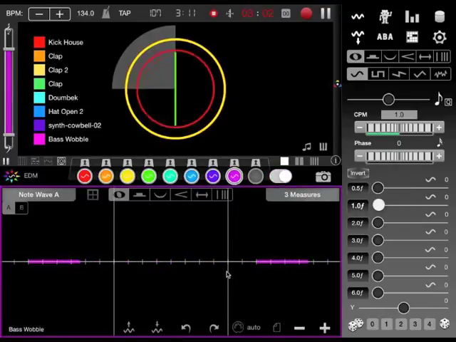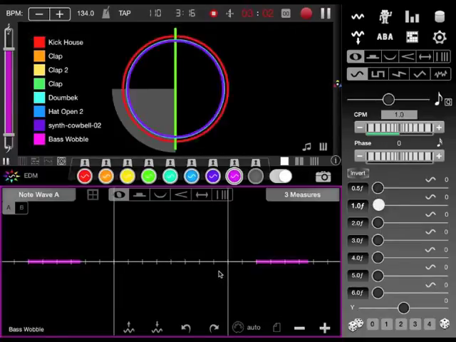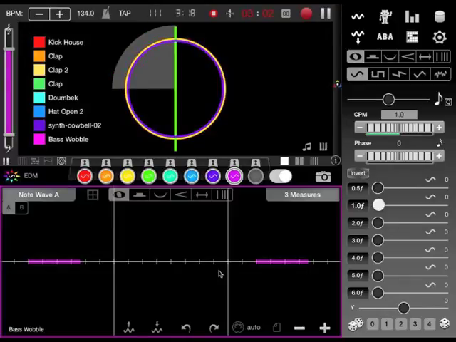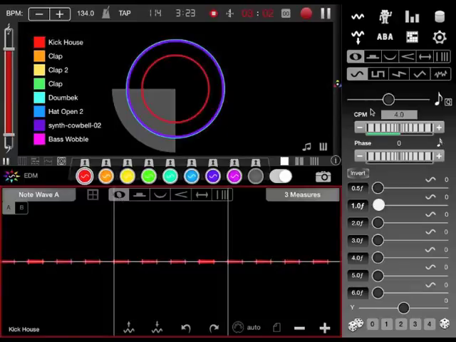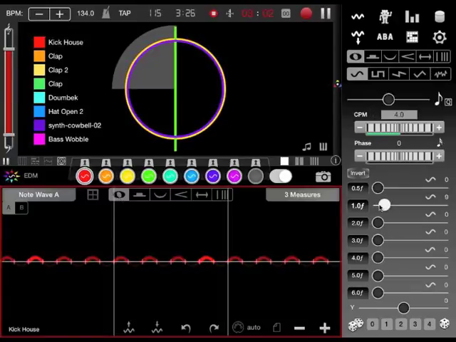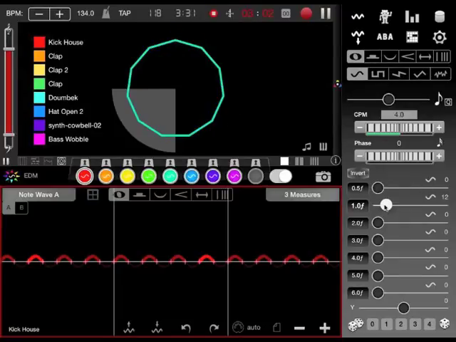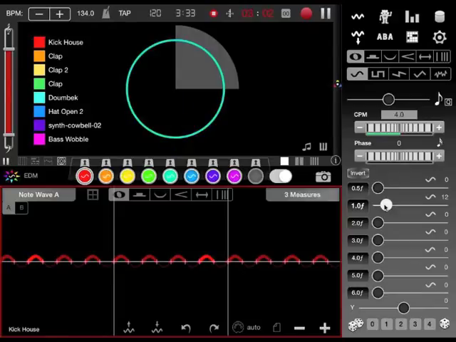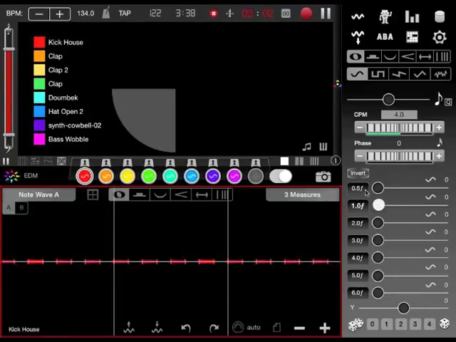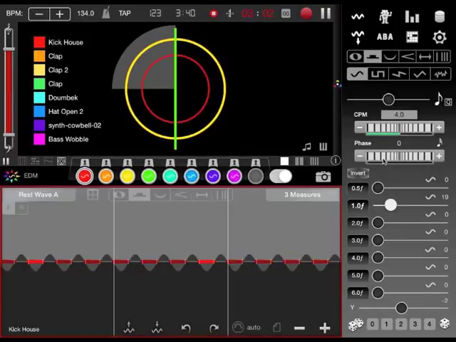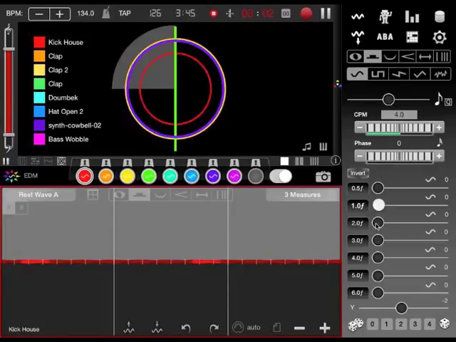And then last but not least, let's bring in that bass wobble, which is sort of set on a pretty slow frequency and just kind of comes in and messes with you every couple of measures. And then once you have that all dialed in, you can always go back to any of the waves and just hear what happens when you start to mess with just one slider. Here I'm giving a little bit more note activity to the bass, to the kick, and that's kind of cool. And then I can go back over to my rest wave, flatten it out, chill the mix out a little bit,